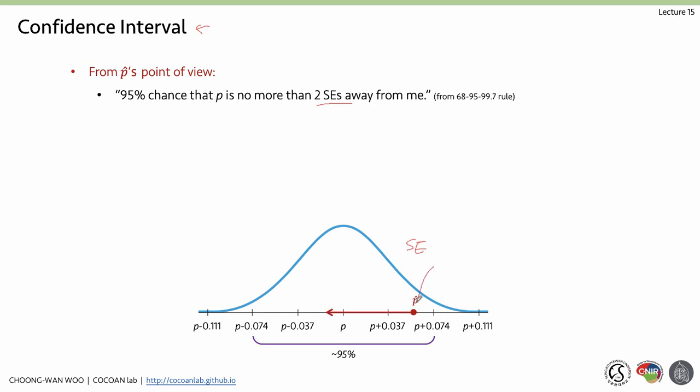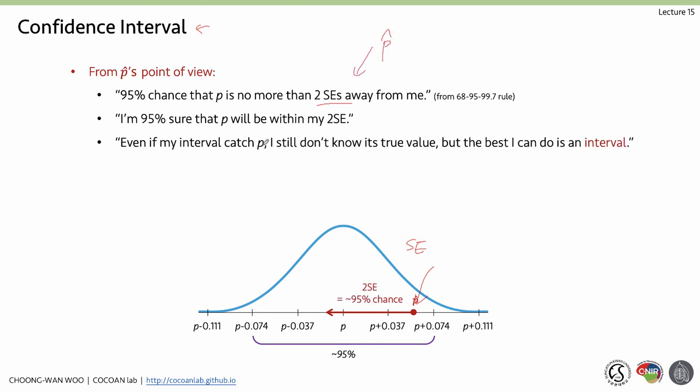Let's say there is a P hat, and it assures that P is within the 2 standard error range. I'm 95% sure that P will be within my 2 SE. This is what P hat is saying. I still don't know P's true value, but the best I can do is an interval.